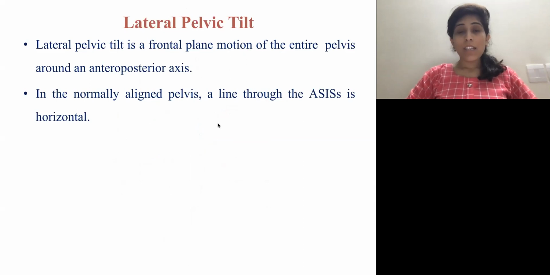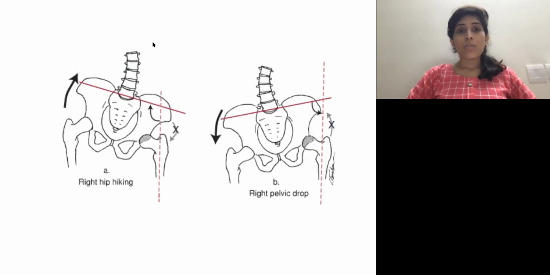Lateral pelvic tilt occurs in the frontal plane and around the anterior-posterior axis. Okay. So here, if we consider that the person is standing on one leg, standing on the left extremity, right? And we draw the line passing from the ASIS of the right side to the ASIS of the left side, and the vertical line which passes from the femur, and here this angle will be measured. Okay.